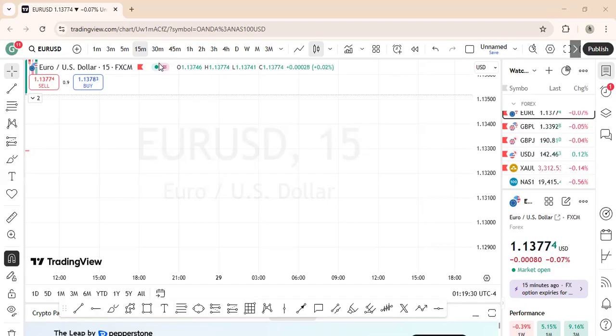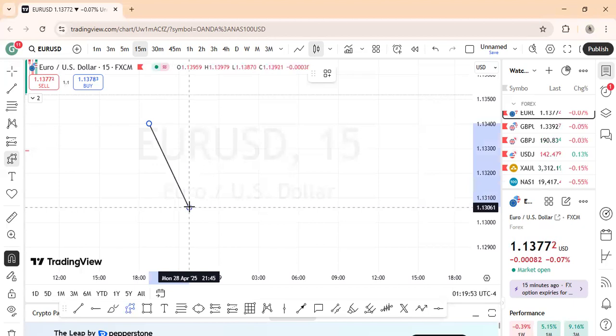So, like I said in the previous video, liquidity can be defined as any point in the market where orders are resting. That means orders are resting in form of buy stops or limit orders, right? Buy stops, sell stops. So, what do I mean? It means that the points in the market where